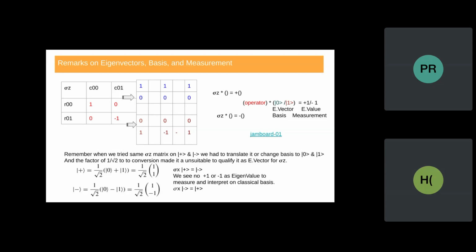So this is what we were trying to do, and this is with respect to the z-axis. Now, when we tried this z matrix on plus minus last time, we saw that we had to translate the plus minus. This is the x axis. If we had to do it with respect to that, then we ended up saying that